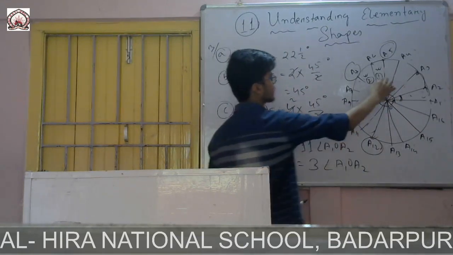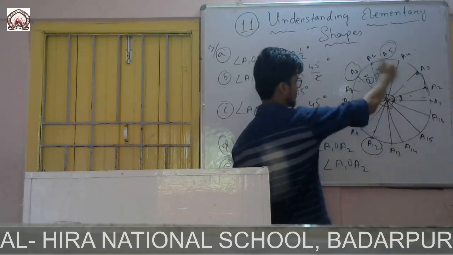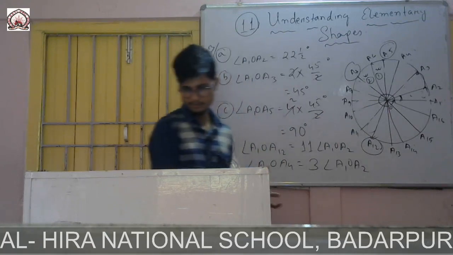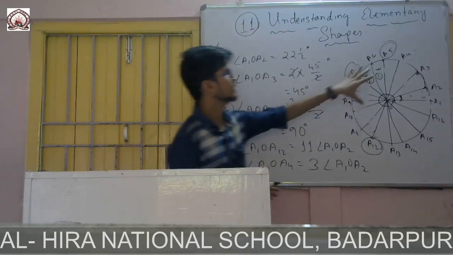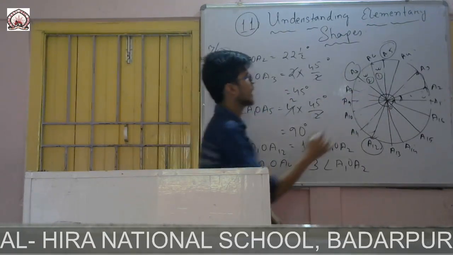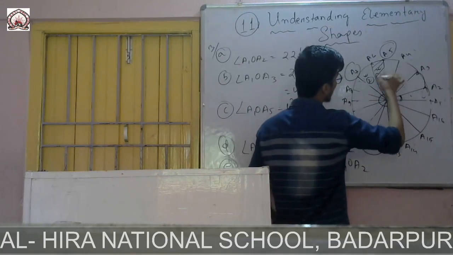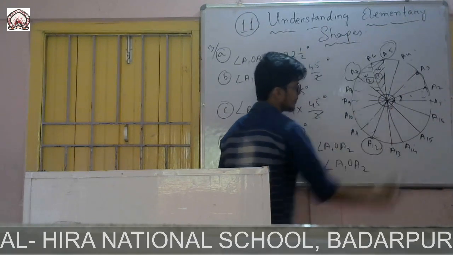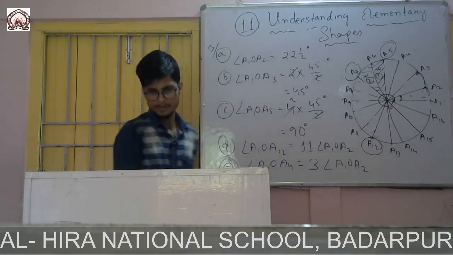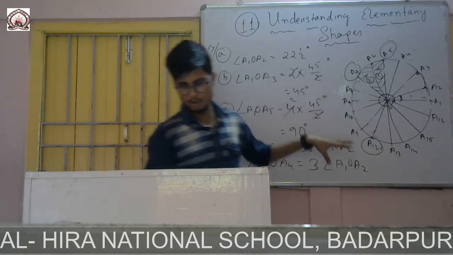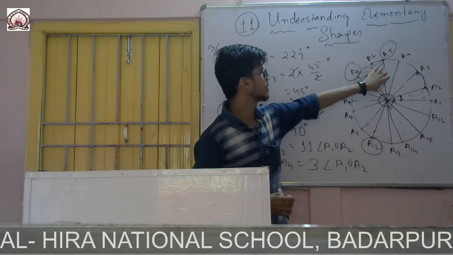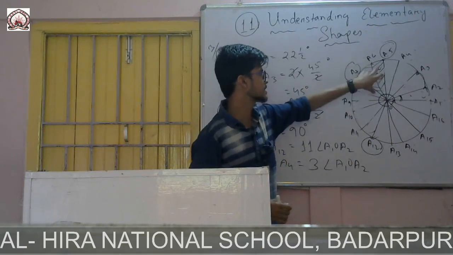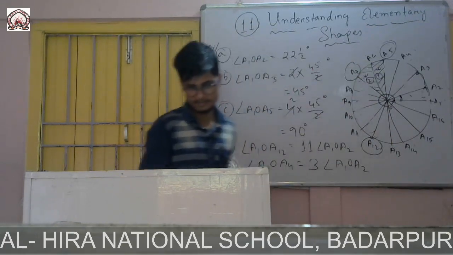So this fraction will be how many times? There are how many equal parts? 16, and only 2. You have done in fractions how to find this fraction. There it is only 2 parts: this one, and another one is this one. So you have to find what is the fraction of this whole revolution of this angle. You have to find this angle with the whole one. So there are how many? Total 16. Out of 16, it will be 2 by 16.